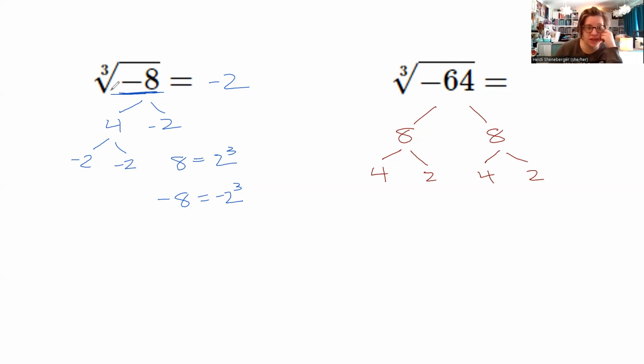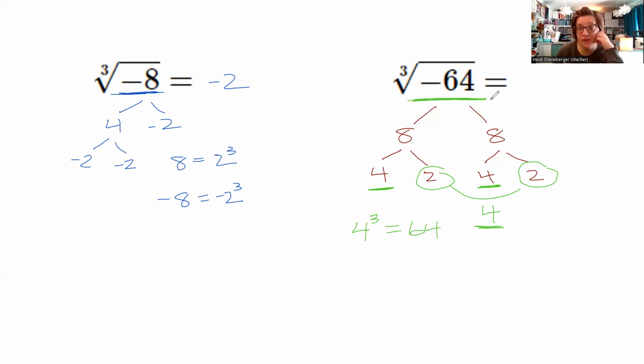So what I want you to think about is how to deal with these kind of creatively. Because look, if I take this 2 and this 2 and I multiply them together, I get 4. And then I end up with 1, 2, 3 4s. So check it on your calculator, right? 4 times 4 is 16, times 4 is 64. Double check that. So now I know that 4 cubed is what gets me to 64.